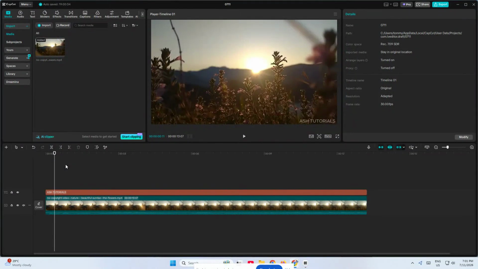If you want to rotate and flip a video in CapCut, you're in the right place. In this quick tutorial, I'm going to show you the simplest way to import your clip, place it on the timeline, and use CapCut's rotate option to flip or turn your video in just a few clicks. This is perfect if your footage was recorded upside down, sideways, or you just want to create a different visual